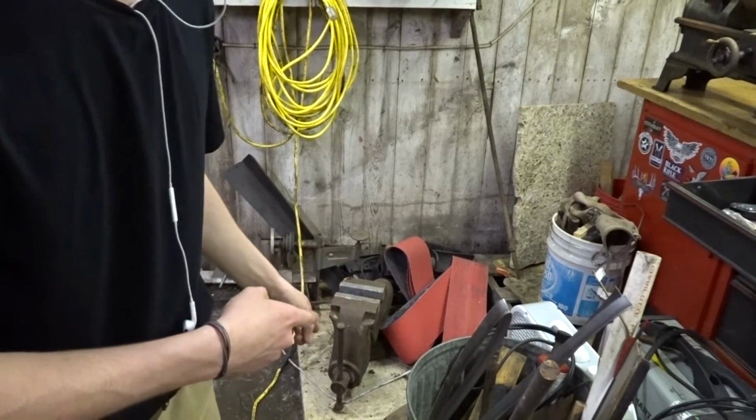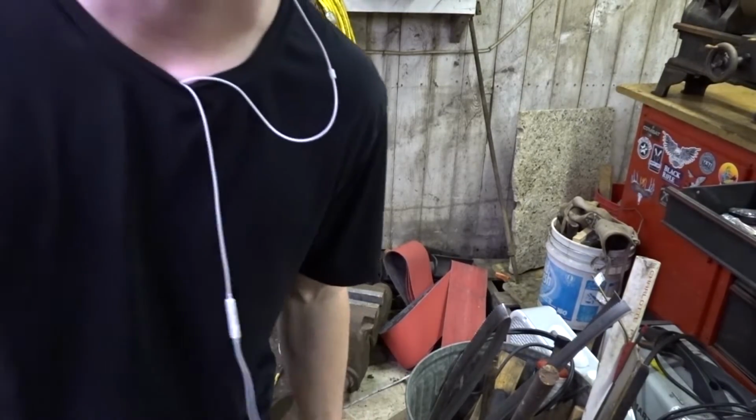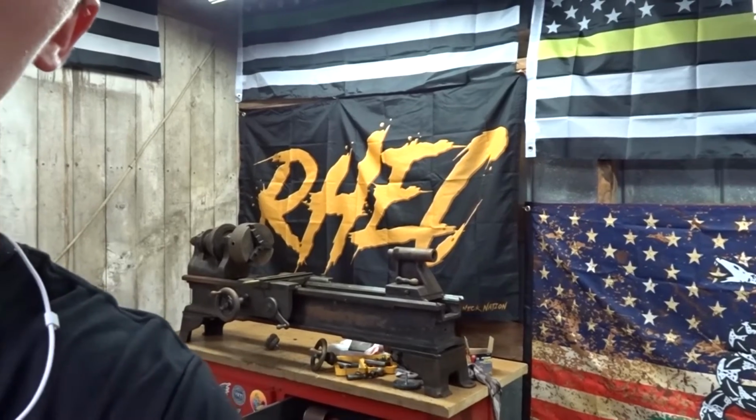So what that bench is gonna be designed for is restoring stuff. I.e., my late uncle's old vise, which is, I'd say, about 100 to 150 pounds of cold hard steel. And then, for instance, if I need to work on the lathe, I actually need to redo some more stuff on that. Those types of things, and then old hammerheads I have. So it's gonna have rust remover, the welder, any other parts that I need, wrenches, screwdrivers, impacts, whole nine